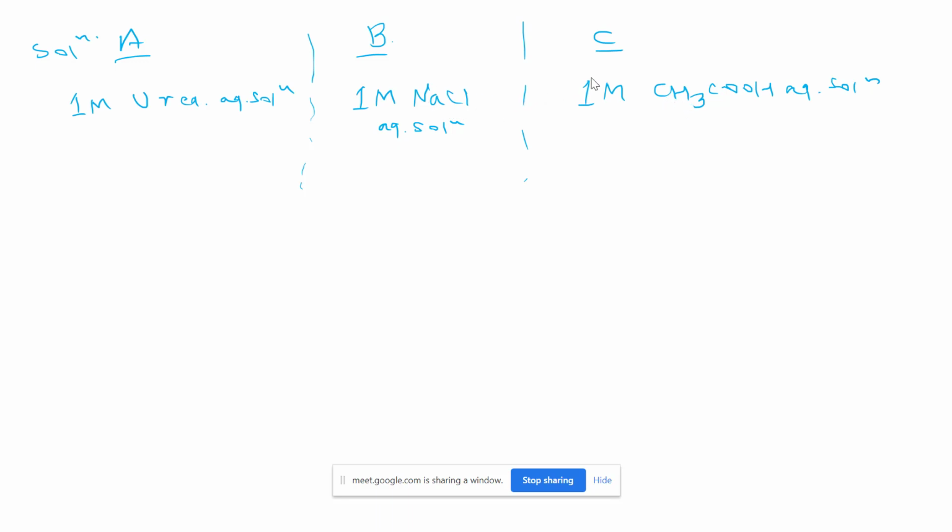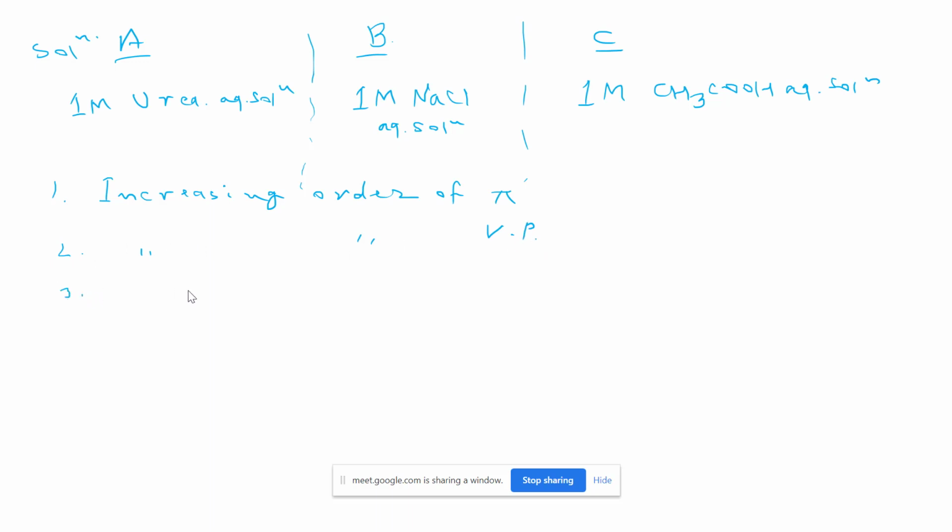Whenever you are not given the information, just remember it. These are also in our syllabus, like in ionic equilibrium we are checking which kinds of things are weak electrolytes and which are strong electrolytes. So these three solutions we have, and here we want to calculate: question number 1, increasing order of osmotic pressure pi. Question number 2, increasing order of vapor pressure.